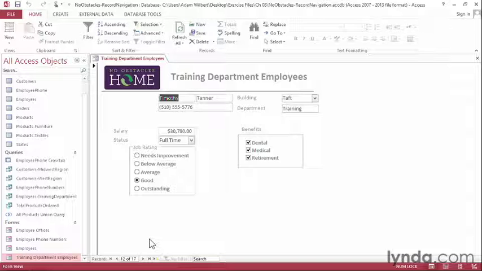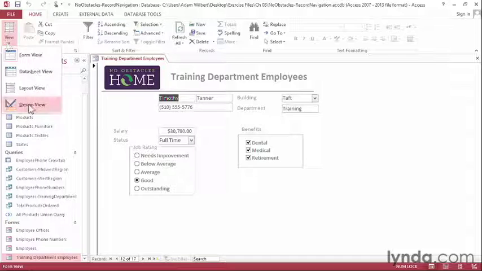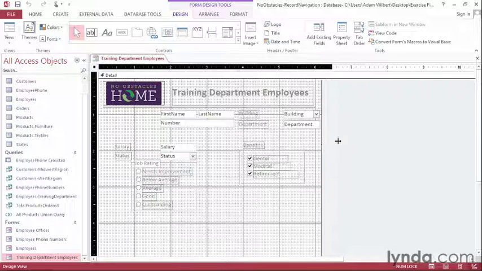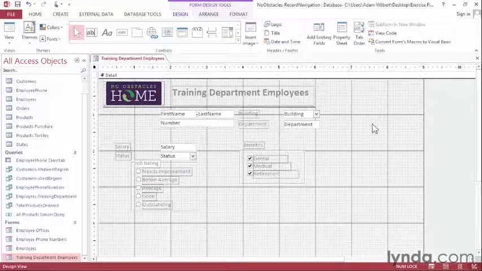I'm going to start that process by switching my view to Design View. First, I want to give myself some more room on the right side of my form. I'm going to click over here and drag to increase the background area of my form. Next, I'll grab the combo box control out of the Controls group on the Design tab. I'll click it once. You'll notice that my cursor has changed now, and I'll click once to add the combo